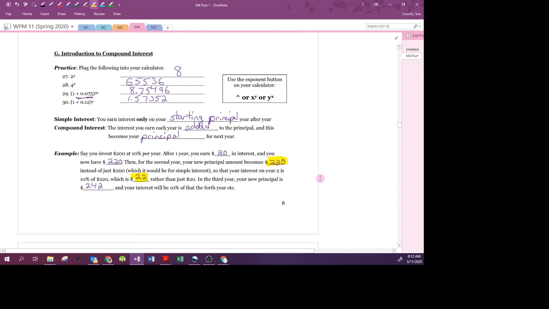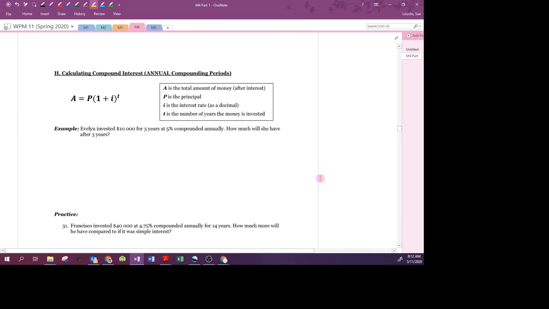Let's look at the formula and see how that works. First, we're going to look at calculating compound interest with annual compounding periods. That means that the interest is added on once a year. The formula is A equals P times (1 plus I) to the power of T, where A is the total amount of money you have after the interest is added, P is the principal, I this time is the interest rate as a decimal, instead of R. Before, R was the interest rate, now it's I,